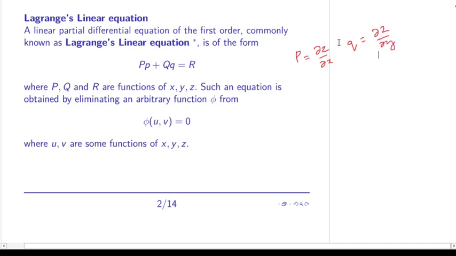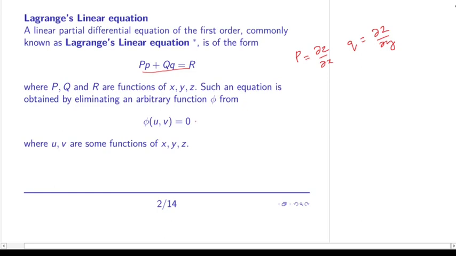So if we have an equation of the form Pp + Qq = R, we call this equation a Lagrange linear equation,